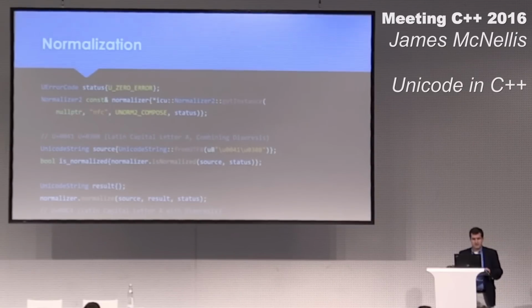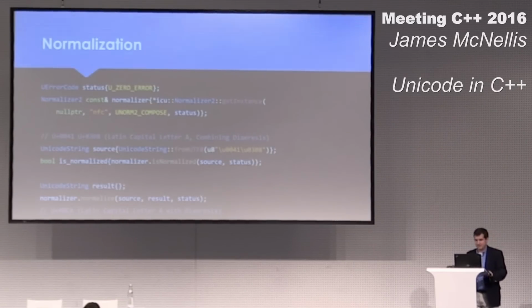Then we can call the normalize function, which will return us the Latin capital letter A with diaereses, which is the precomposed form. You'll note here, from a modern C++ standpoint, we return our status via a status out parameter, and we return our result as an out parameter. Those were totally reasonable things to do back before we had move semantics and exceptions,